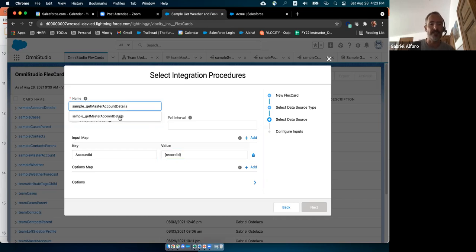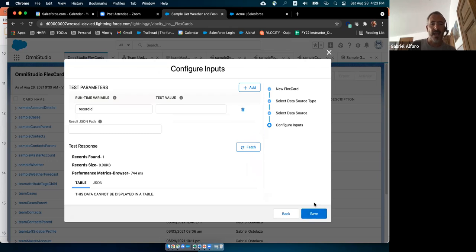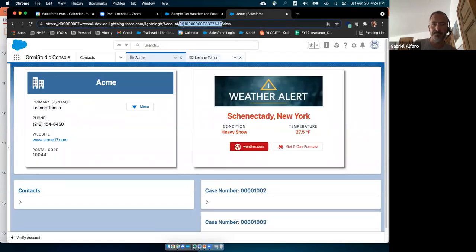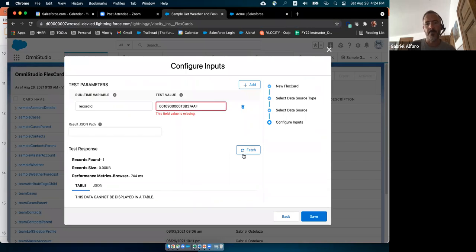Now, once you have this integration procedure and this input map, sometimes this next button becomes gray. As you have seen, just clicking there and selecting the integration procedure again and clicking somewhere else, it becomes blue and you can proceed. And now I can do a fetch over here. Oh, sorry, I need to put a value on this record ID in order to extract data from a real account. I already have prepared another tab with my Acme account. So I'm going to do that, and I'm going to enter this, fetch,